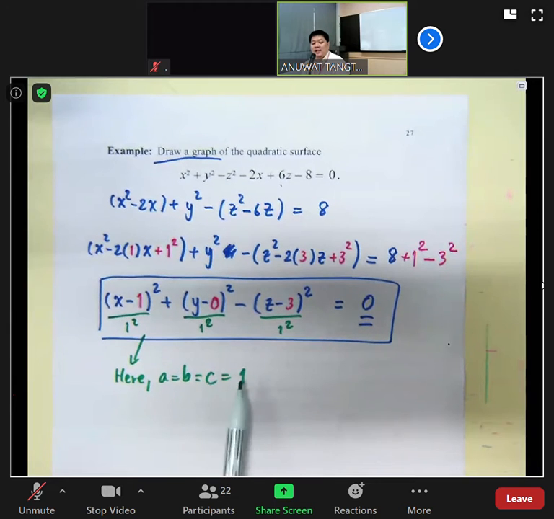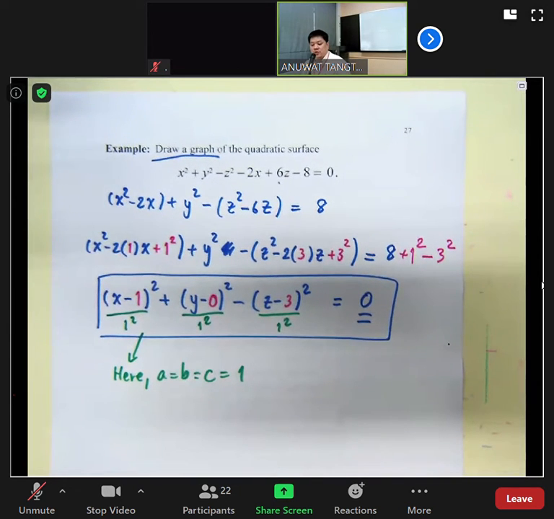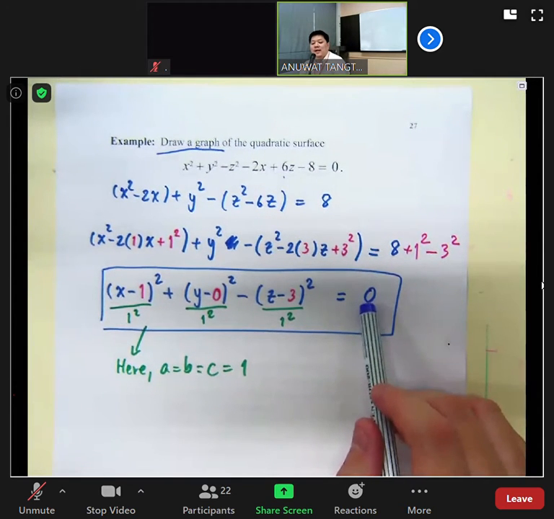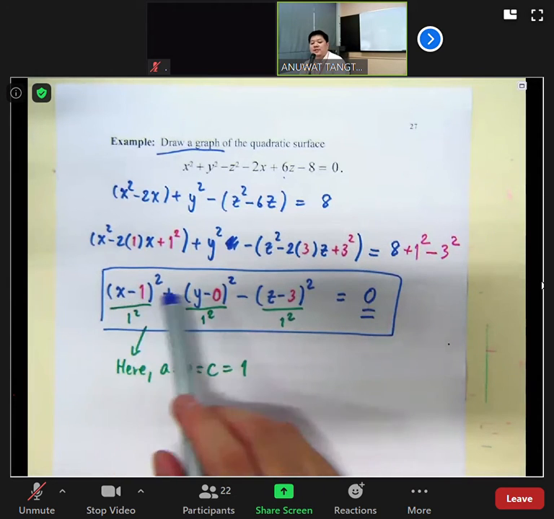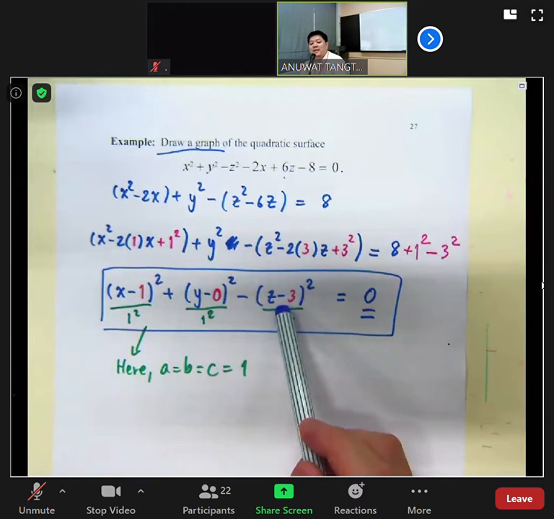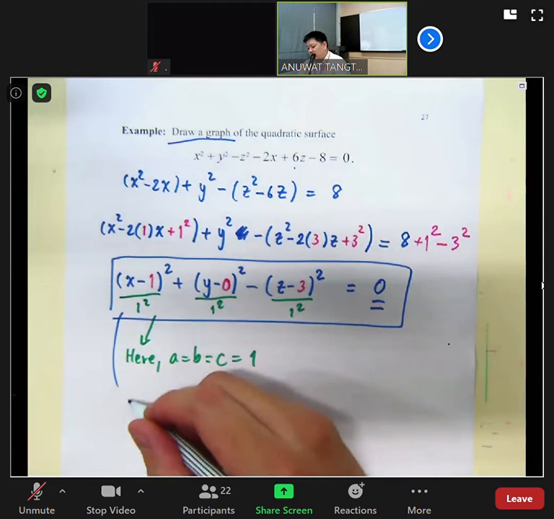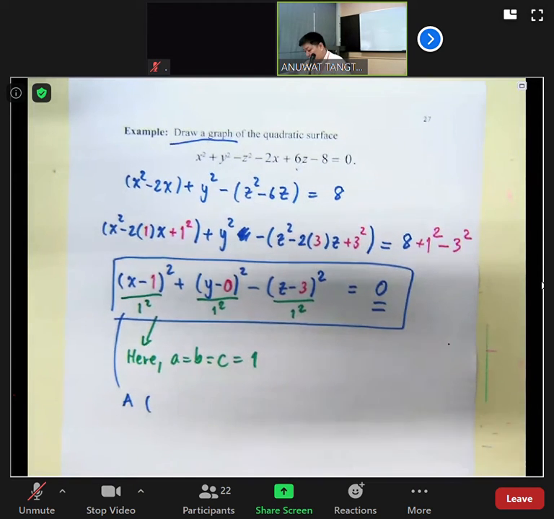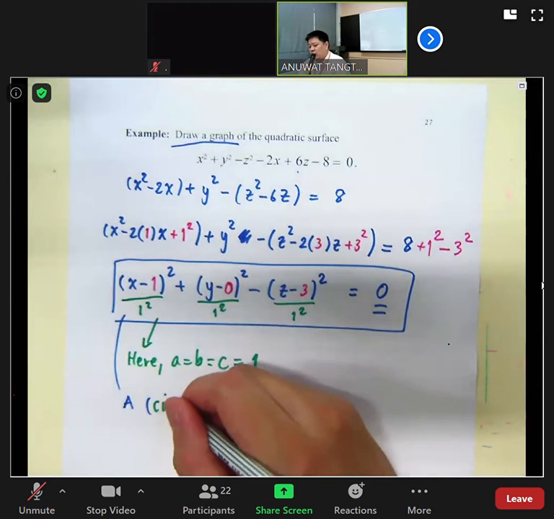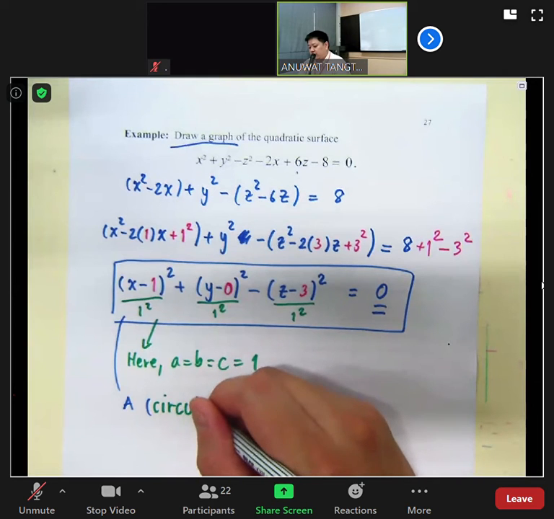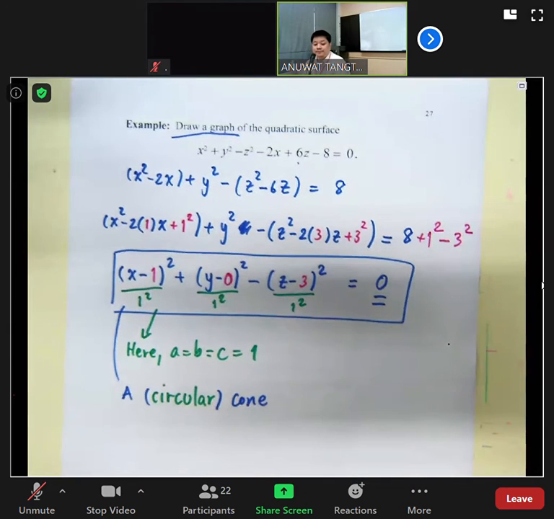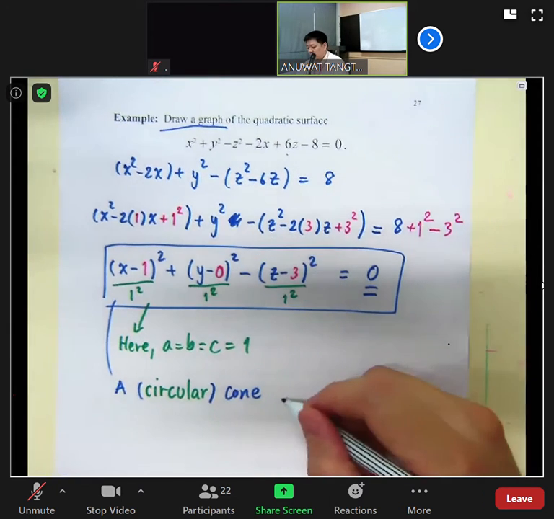the trace, when we cut it with c equal to 1, we're going to get the circle. Okay, since the right hand side is 1, and when we consider the left hand side, we would get 2 plus and 1 minus, so this is an ellipse. This is a cone. But when a equal to b equal to c, it is no longer an ellipse, but it is a circle. So we say that this is a circular cone. A circular cone. Center at